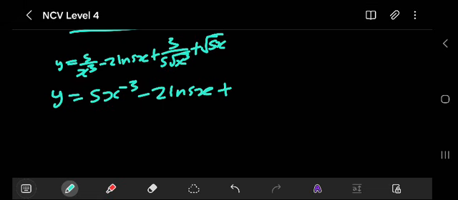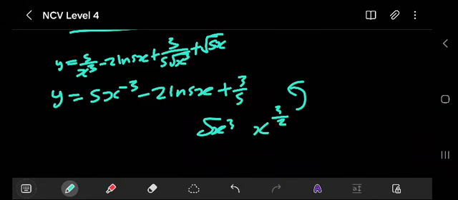Okay, 3 over 5 is fine, but the square root of x raised to the power of 3 is the same as x to the 3 over 2, right? Then if you take it up, at the top will be negative, so this is the same as x